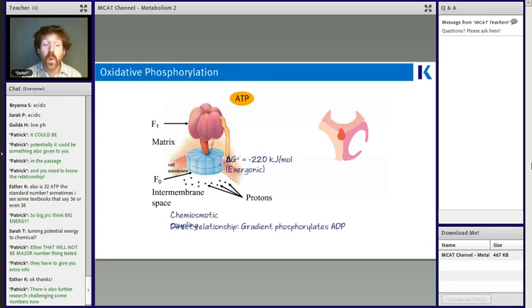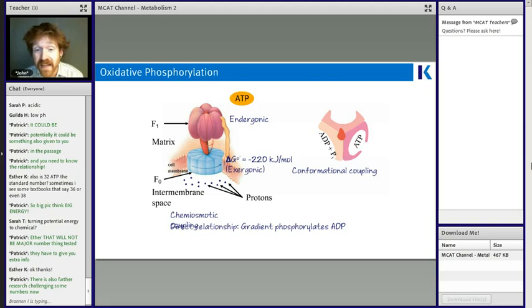Now, that's one of the theories. There's actually a second theory that people believe is actually creating ATP, where it's not straight chemiosmotic, it's not straight a thermodynamic thing, but it's actually more of a conformational thing. And so actually we said this again, just a real recap, remember, the creation of ATP is endergonic, right, requires energy. Thus, of course, protons moving down the channel is exergonic, releases energy. All right, so the other theory is called conformational coupling, where basically the movement of protons through just literally shifts this enzyme into the right conformation that forces ADP and